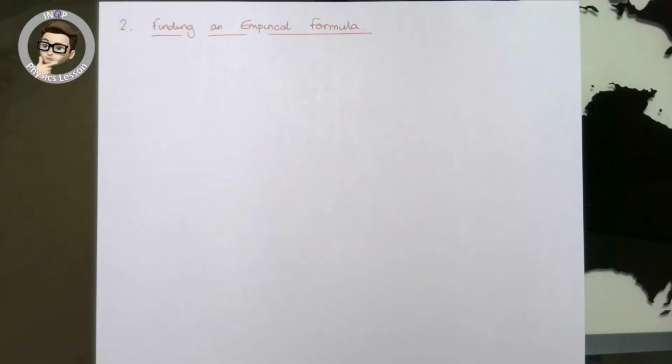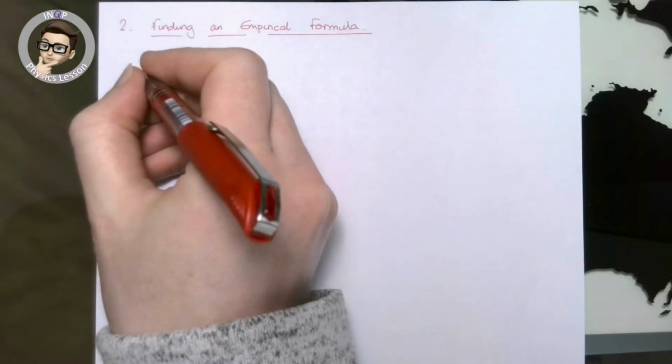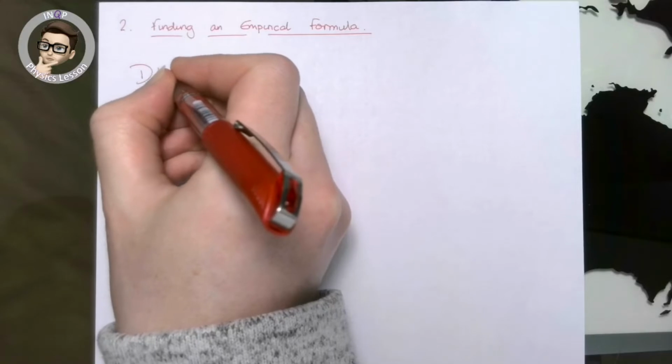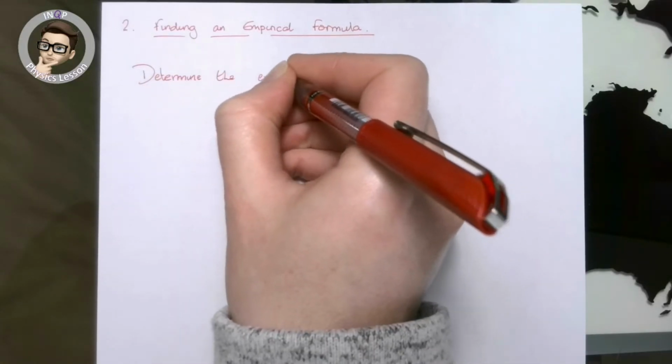Okay, so moving on to topic 2, finding an empirical formula. So this time we want to be able to work out the empirical formula from some mass values, and we're basically using all of the information we know about conservation of mass. So here is my example question. I want to determine the empirical formula